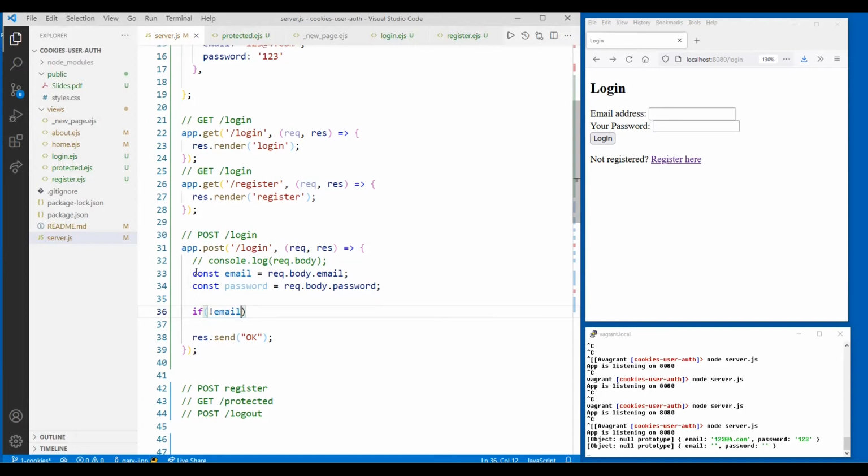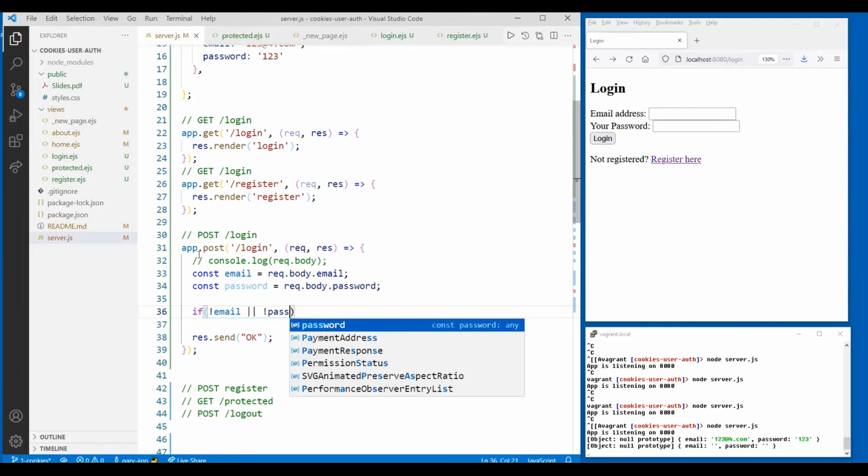So if there is no email at all, maybe there's something totally missing. This was undefined. Maybe it was posted from another website and these didn't exist. This will catch it too. So if not email or not password, now I'm going to handle the case where